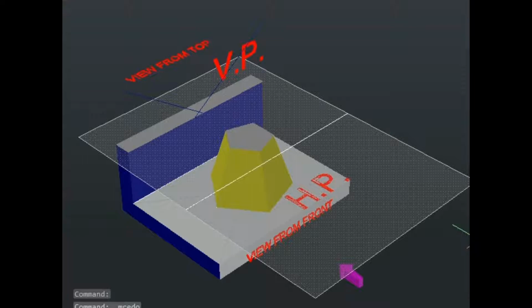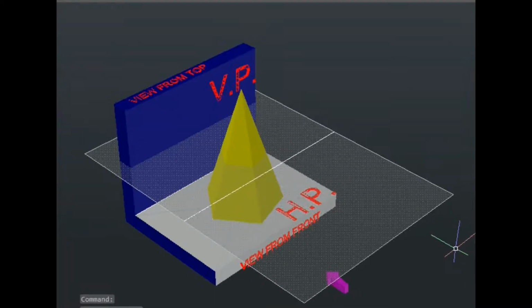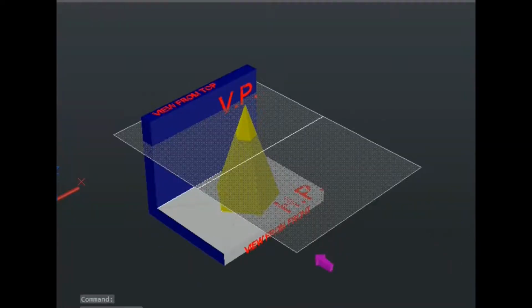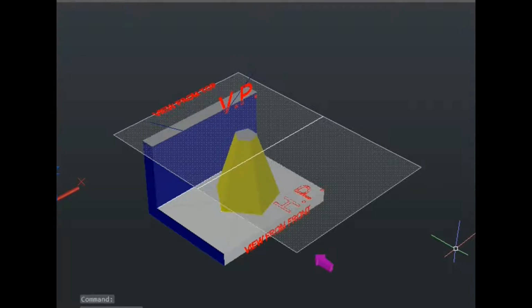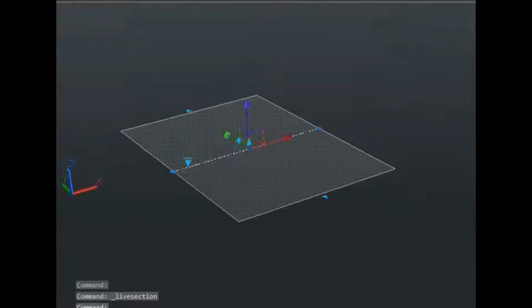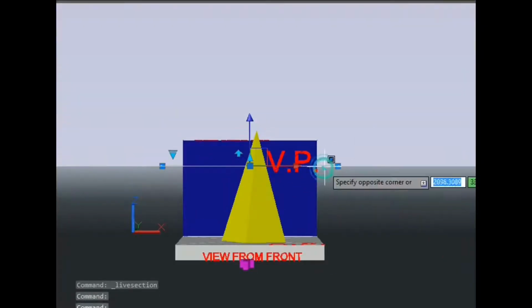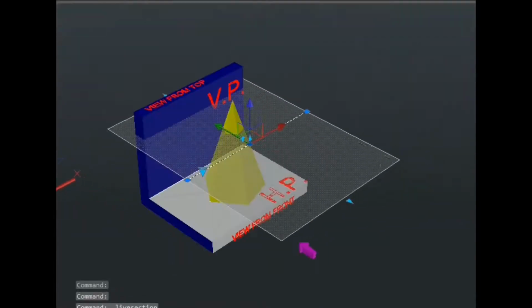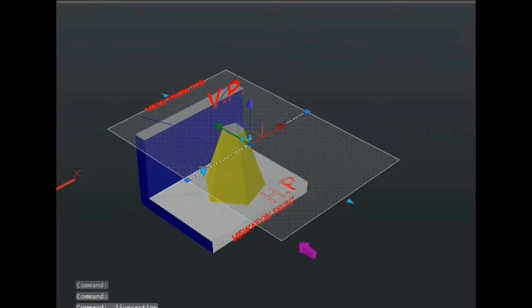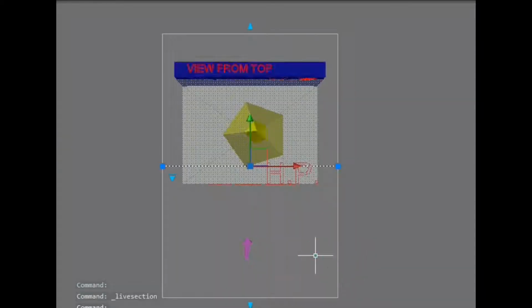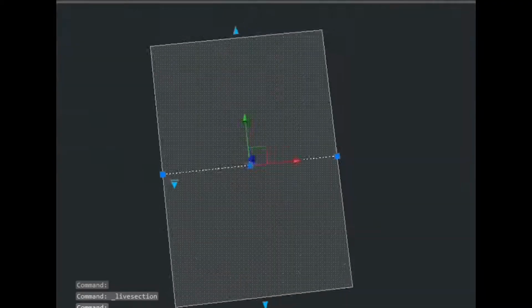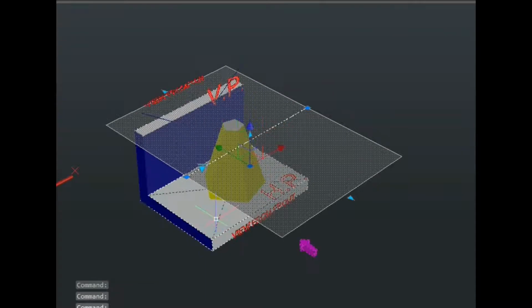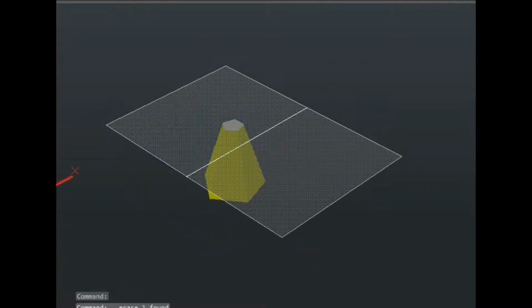Now for the section plane, you see that I have placed the section plane parallel to HP as given in the question, but it is somewhat near to the apex. So now I have taken it near to the apex. When I cut this with the section plane near the apex, you will be able to find something like this. Now you are easily observing that when I cut with the section plane, you can find a small pentagon in the top view.